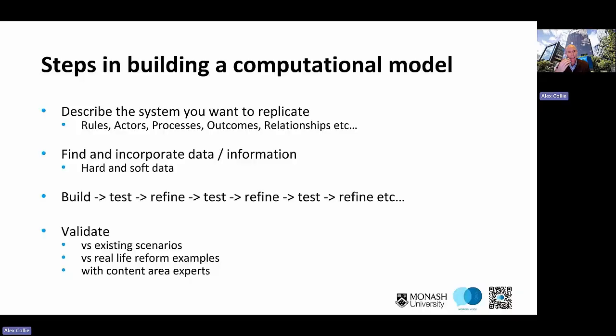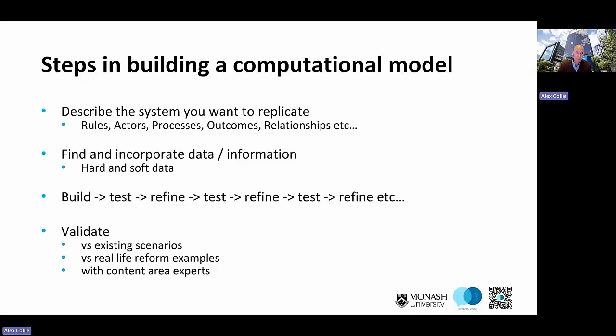And then we start creating the virtual version of that based on that description, and we find and incorporate data to help us represent the very many different parts of the system. And sometimes that's hard data. So for instance, we've leaned quite heavily on all the analysis that we've been doing of the national data set of workers' comp statistics and the National Return to Work Survey and other analysis that we've been doing to inform our model. And sometimes it's soft data, and we have asked quite a few experts. Mary, I think, was one of the experts that we asked about specific aspects of how systems function, but other people who have a long history of operating in these systems as well. We've sought their opinions to make sure we're getting this right.